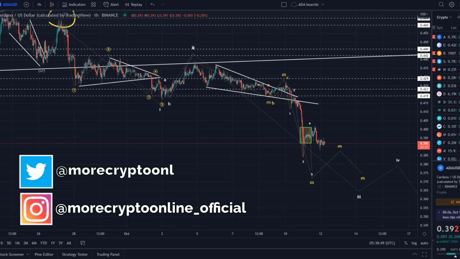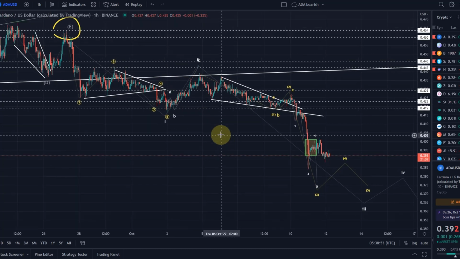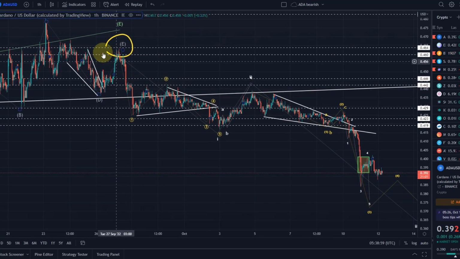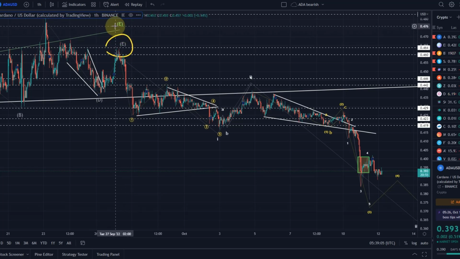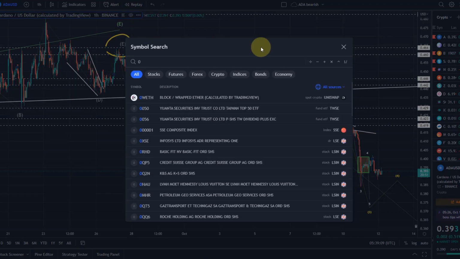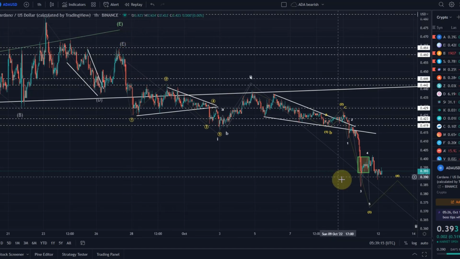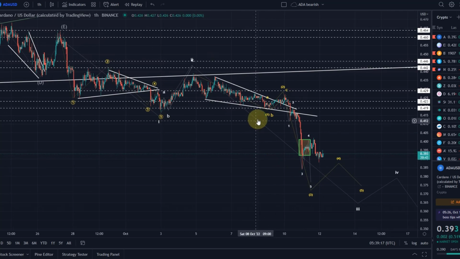Cardano, I think, is still working on its fifth wave. We started here with the most recent swing high, this downward move. This most recent swing high is the most meaningful one. That was the high of a larger triangle, wave E, and this wave E triangle finished off a triangle that started in May. So it was quite important, quite relevant, and a good start to measure a 5-wave impulse to the downside and/or